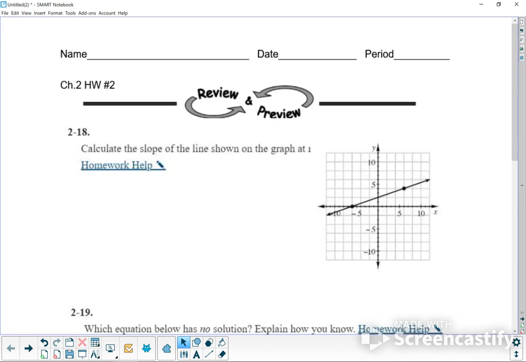Okay, everyone, let's go ahead and do this. This is Chapter 2, Homework number 2 in our CPM curriculum. Calculate the slope of the line shown on the graph at the right, I believe. Right, so